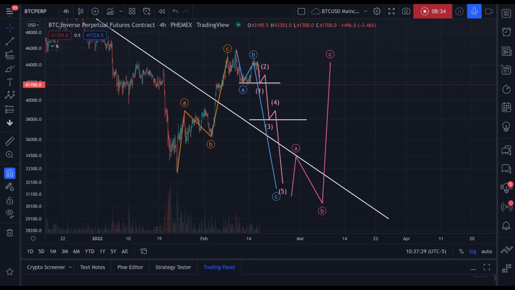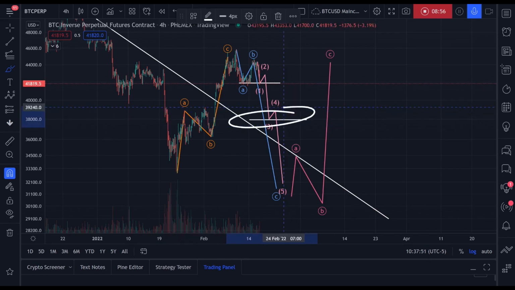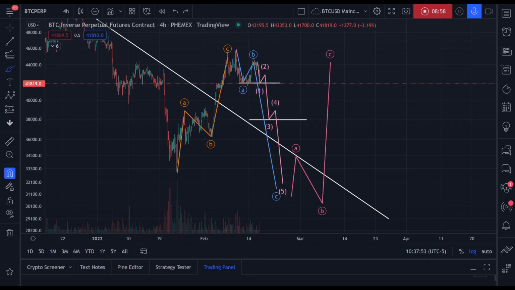But for us that have some knowledge of the wave principle, we know that you can't just put in 1, 2, 3 waves in an impulse, right? That's not it. Only corrections have 3 waves. Impulses have 5. So we know that that won't be the end, okay? So I do believe that this is a viable support for our wave 3.